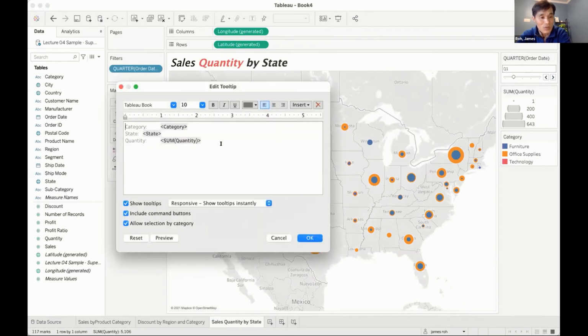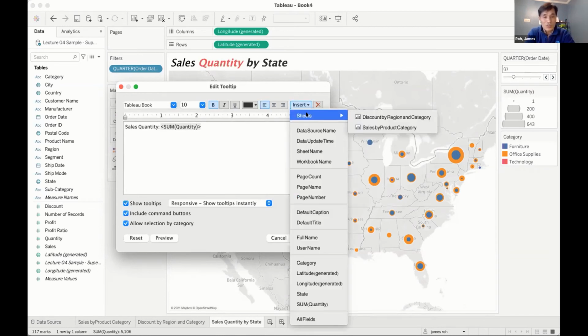And then I don't need this, but quantity I need. So I'm going to add quantity and change the sales quantity. How about that? And I'm going to also insert here, go to sheets, and I'm going to insert,